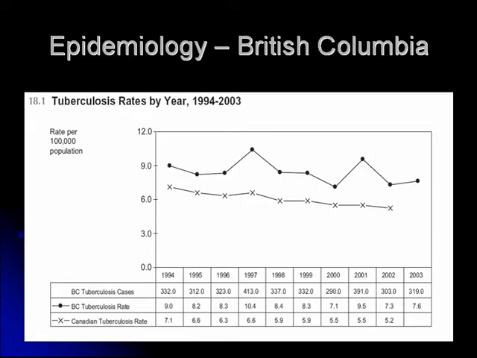This is some data from British Columbia. We can see that on an annual basis in BC there are about 300 to 360 cases of tuberculosis. Out of all these cases, the great majority are in patients who were born outside of Canada. And when I spoke to the local expert, Kevin Elwood, he was telling me that 75% of the cases are imported from abroad. And roughly 5 to 10%, there are roughly about 5 to 6 cases of genitourinary tuberculosis on an annual basis in BC.